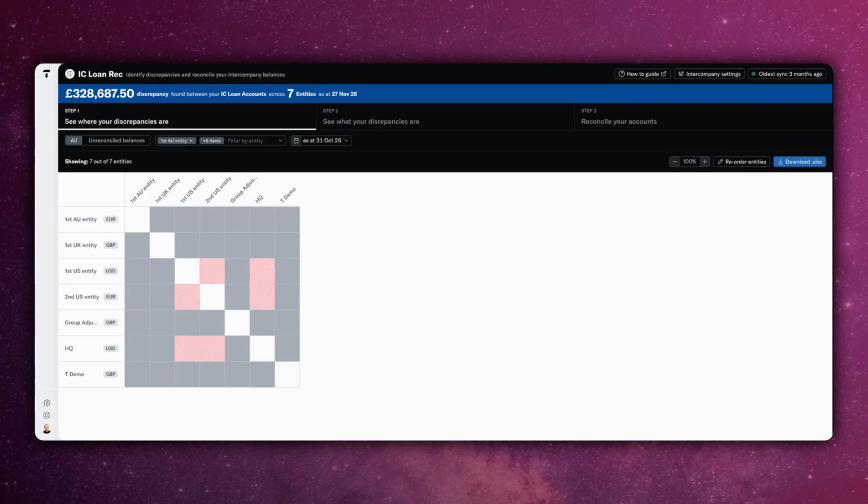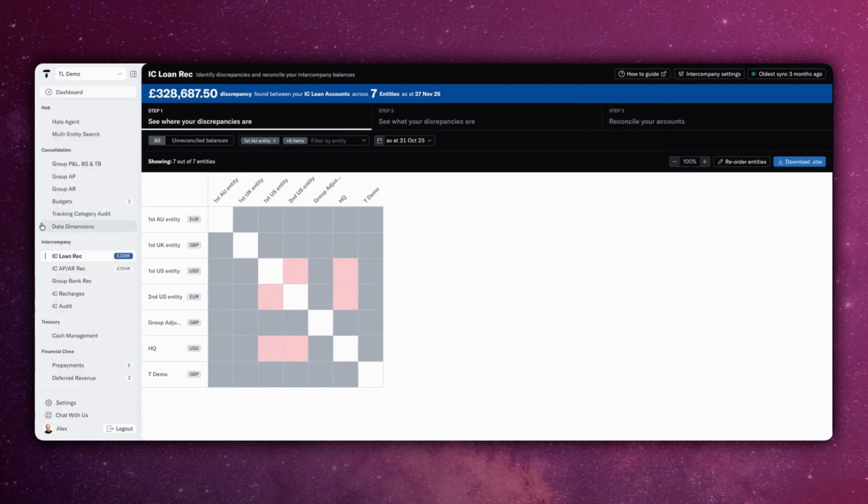In this video, we walk through how to set up intercompany mappings in the translucent account. To do this, we specify the loan account pairings or supplier pairings between each group entity that has an intercompany relationship. The first way to do this is with the intercompany loan matrix, or with the intercompany AR and AP